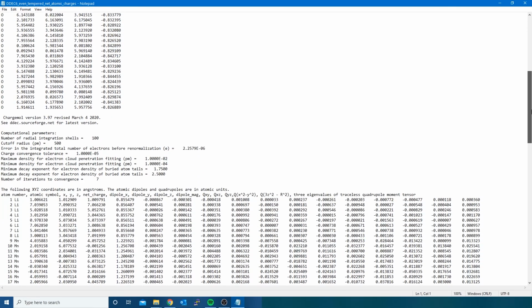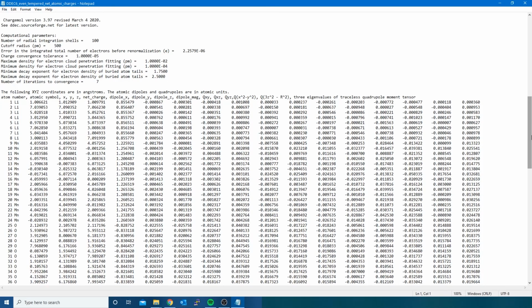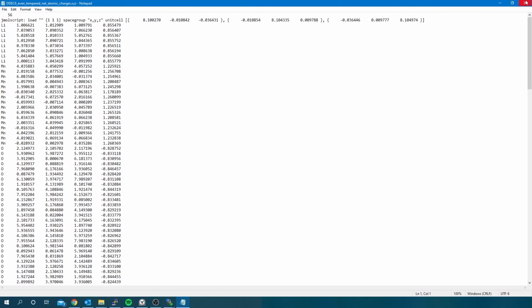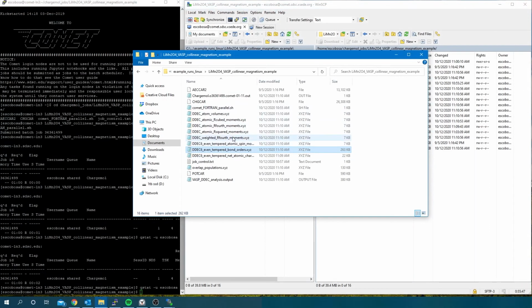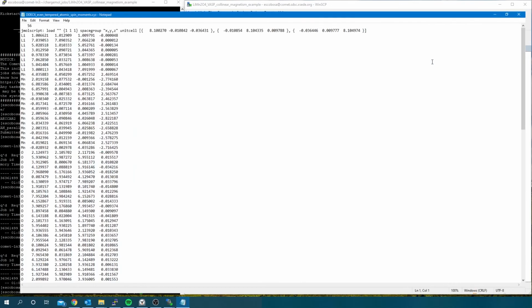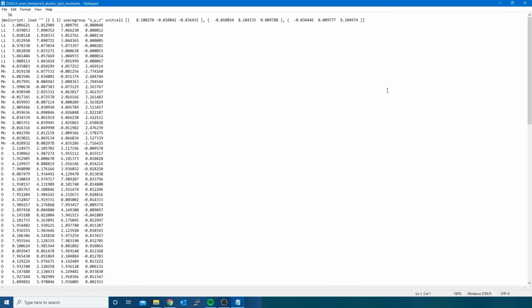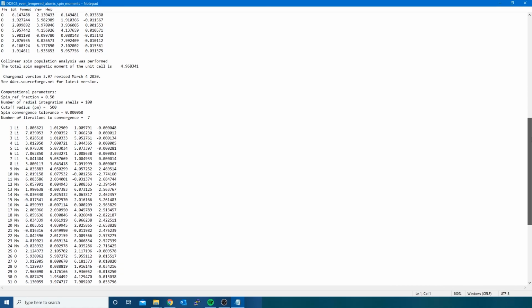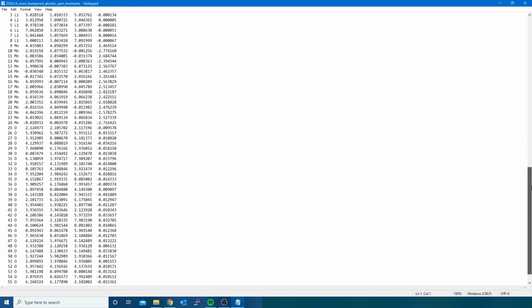Upon scrolling down, we find a more detailed version, including a column for the atom number, plus the same information that we had above. In subsequent columns, additional output information can be found. Now, open the atomic spin moments output. This is only generated for magnetic materials. Following the same pattern as the NAX output file, we see the atomic symbol, x, y, and z coordinates and the ASMs in the fourth column. Upon scrolling down, the parameters are found, followed by the same information as above, but with the atom's number.